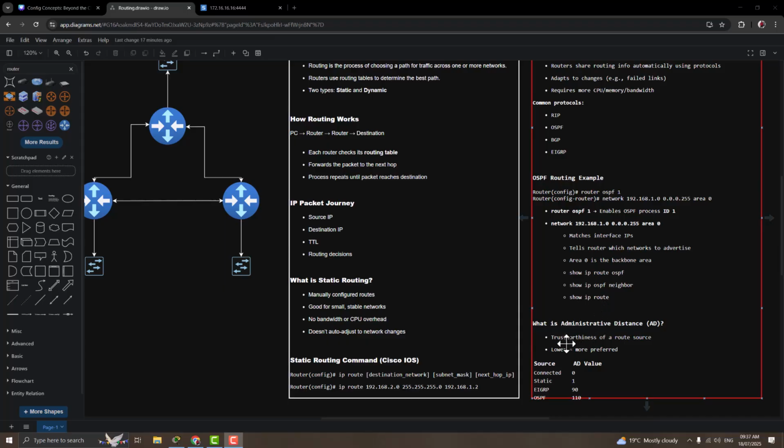Now there's something we call administrative distance in routing. It is very, very important. This is the trustworthiness of a route source. So if a route is sent to a router dynamically, the administrative distance is what tells the router how trustworthy that route is. By trustworthiness, it means that the router is going to prioritize based on the administrative distance of that route source. So we have a couple of them here,